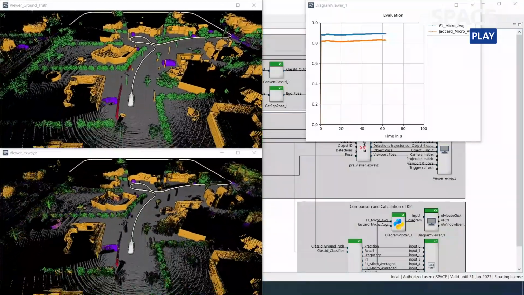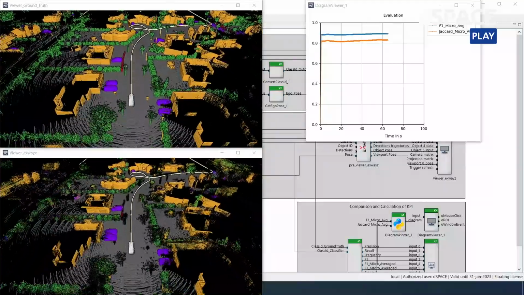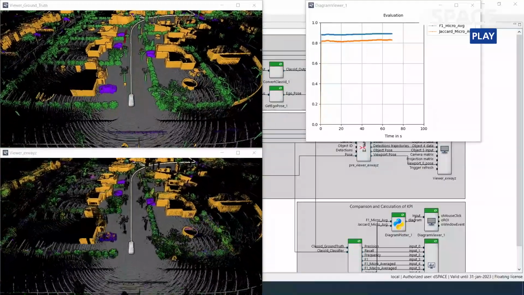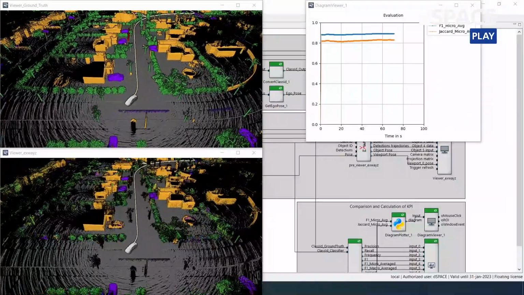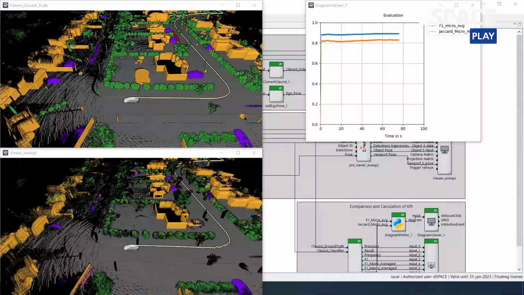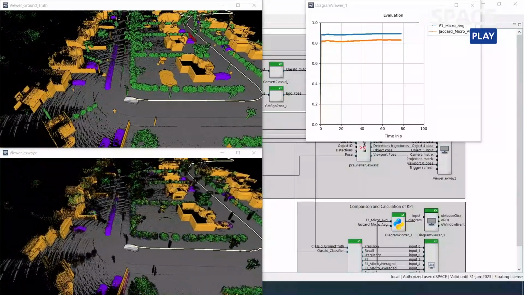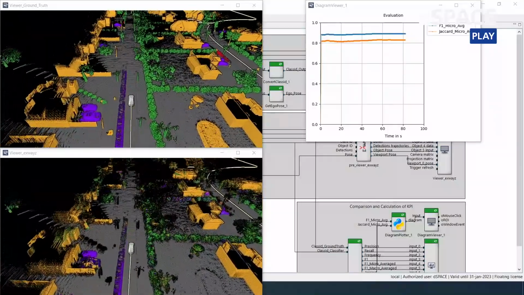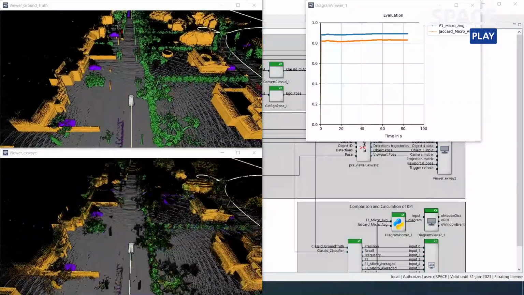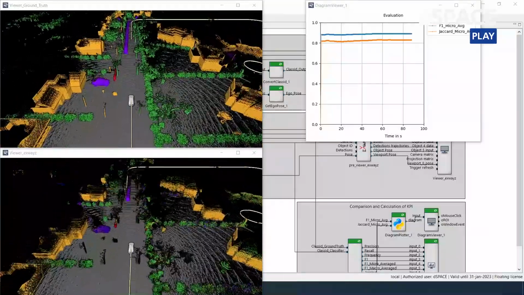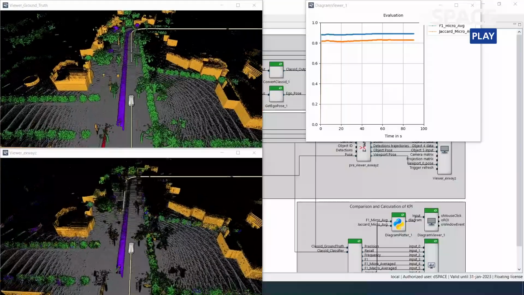At the bottom left, we can see how the algorithm performs on the point cloud without any ground truth information. We can already see that our white ego vehicle in the middle has a great understanding of everything close to itself and also the road. To get an even better understanding of how well it performs, we are plotting the evaluation of the F1 score and Jaccard score KPIs as a micro average, where a number of 1 stands for 100% overlap.